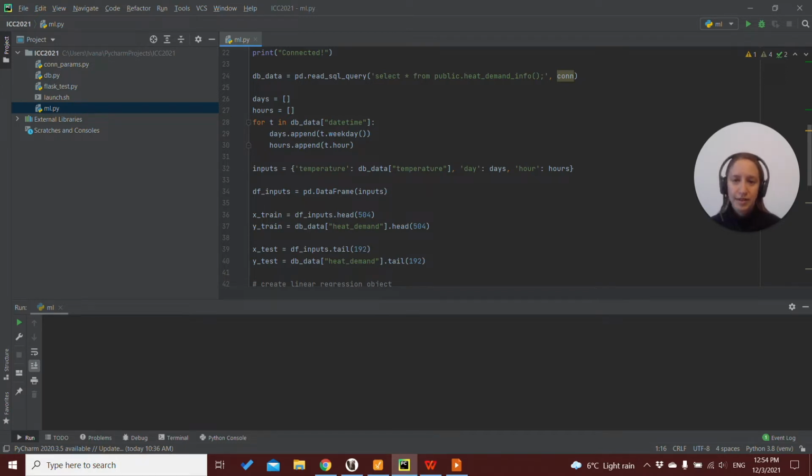So what we do next is we want to take the data from our database data. We want to take the hour for every instance, for every sample. And we also want to take the weekday for this particular date. So in our DB data, we have a column called date time. And from there, we can obviously take the date and we can take the hour. And for each date, we can also take some data that is related to the date, such as the day of the week. And we want to take it because